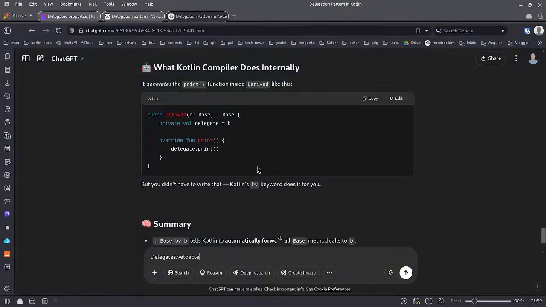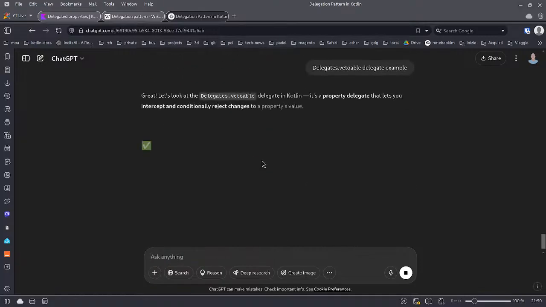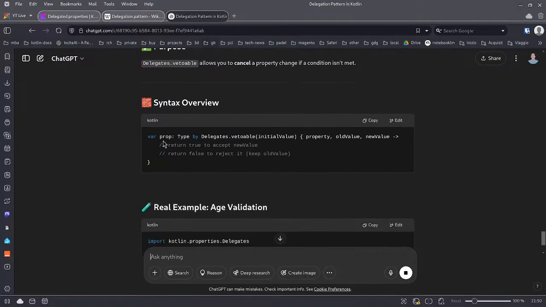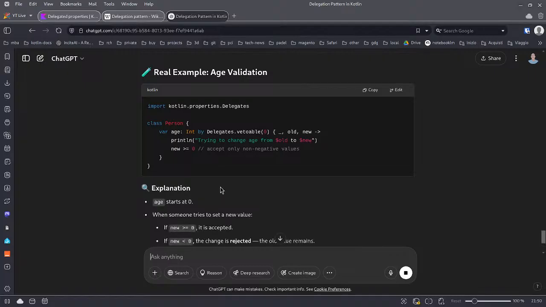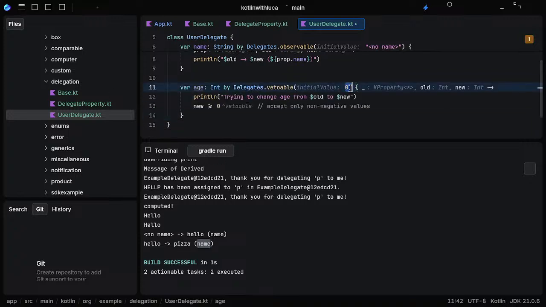Delegate, so yeah, we're almost good. So yeah, with the age, we give an initial value of 0, then we pass the property old new, and then we say this is a boolean. So new greater than or equal to 0